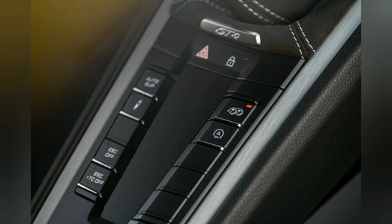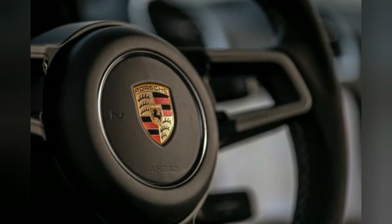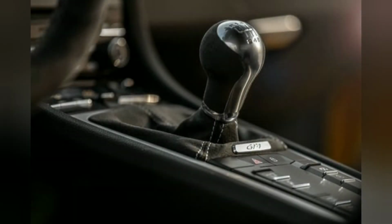But first, the Cayman GT4's driving environment. It's recognizable from before, which is to say the ergonomics are borderline faultless, in a fashion only McLaren currently seems to match. The car's hip point is supposedly identical to before, but from our car's optional carbon fiber bucket seats, it actually feels lower, and even taller drivers can find a position whereby their eyeline almost skims the center marker of the